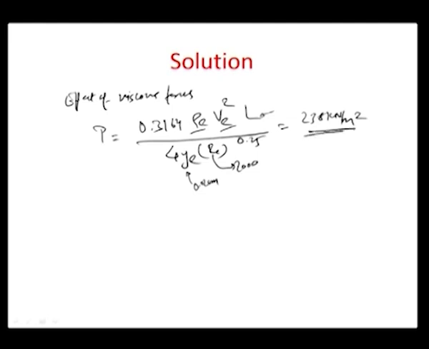So, it is a significant value. And therefore, if you look at the area of the tool face, this area of the tool face is actually equal to 25.4 square millimeter,